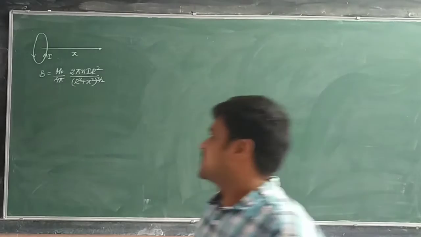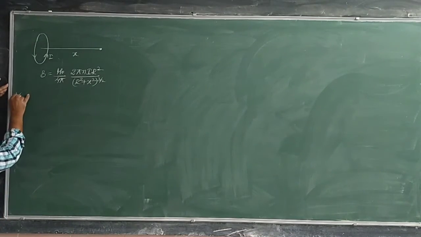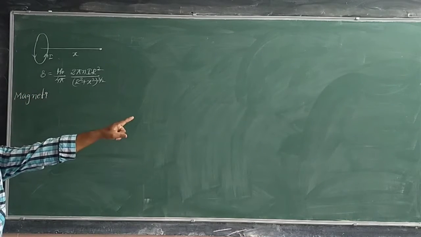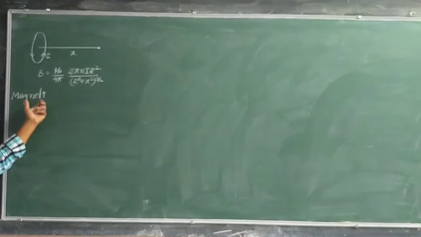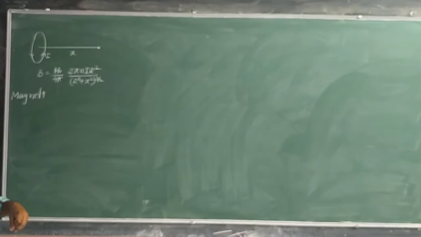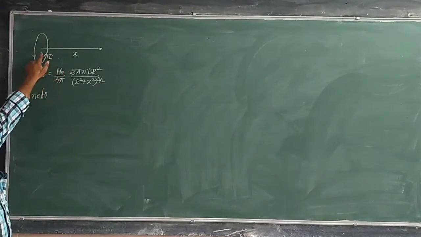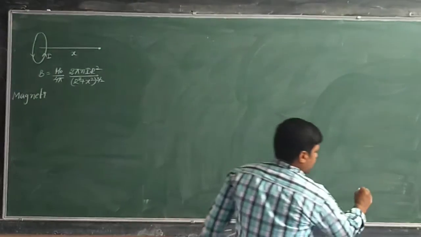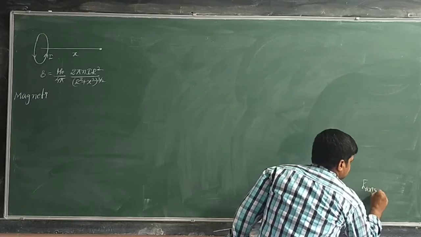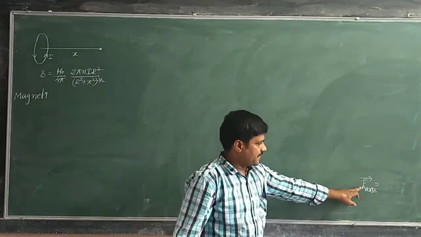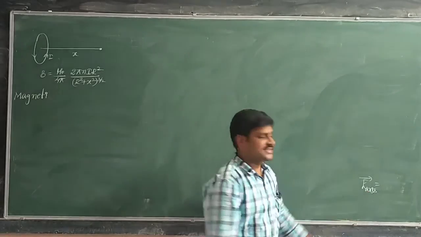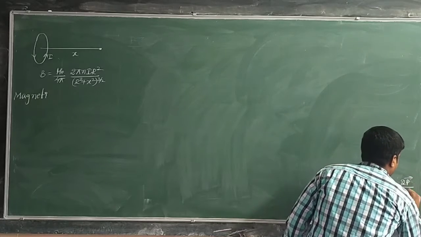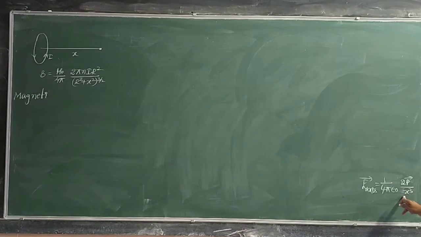Now, to check this, first we will go through the definition of magnetic dipole moment. Electric dipole has the electric dipole moment. In a similar way, magnetic dipole has the magnetic dipole moment. Whether this coil has the magnetic dipole moment or not, we will see later. Now, the electric field due to the electric dipole on its axial line is 1 by 4 pi epsilon naught 2p bar divided by x cube. This we have derived already.